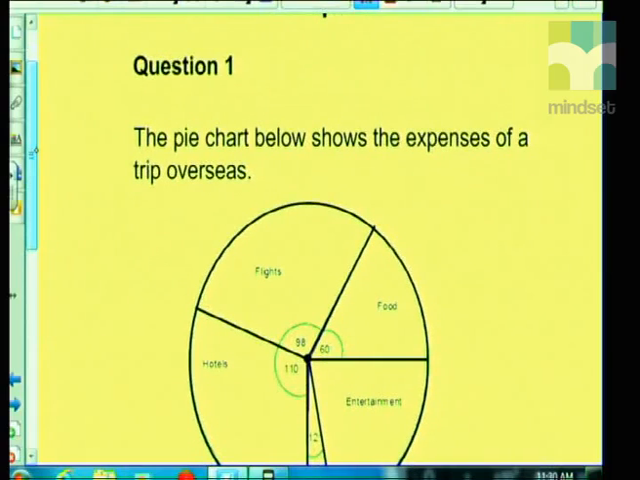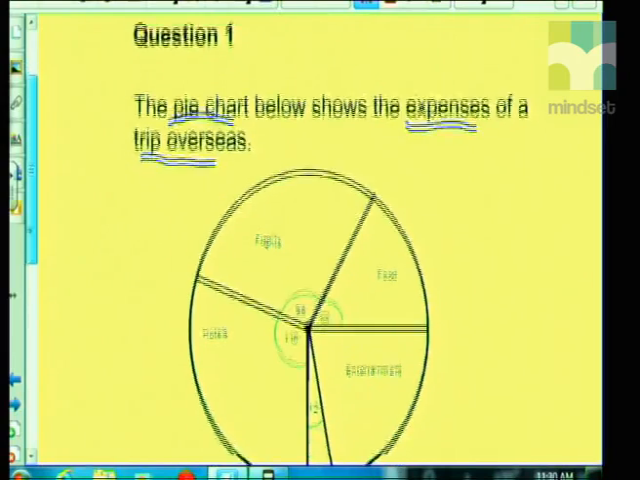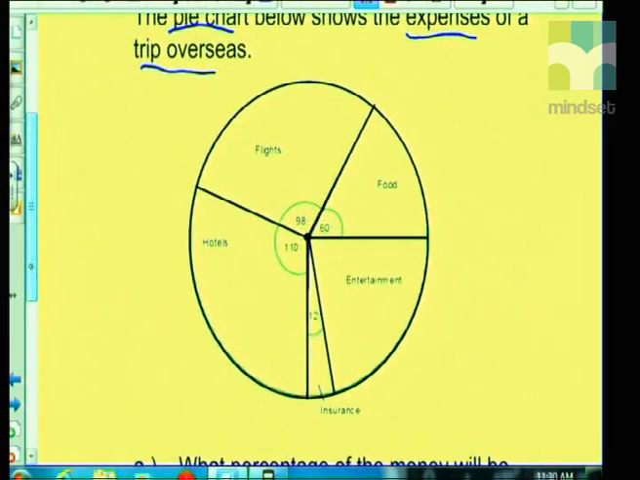So here is a pie chart. You see, even though we're dealing with income expenses, we can show these things in different ways. And we can remind ourselves of how to interpret data as well. It shows the expenses of a trip overseas. So somebody's doing a budget and they've decided to put everything down on a list, and then they decided to